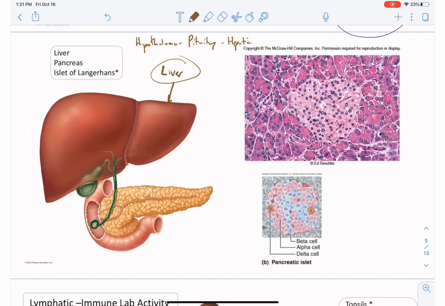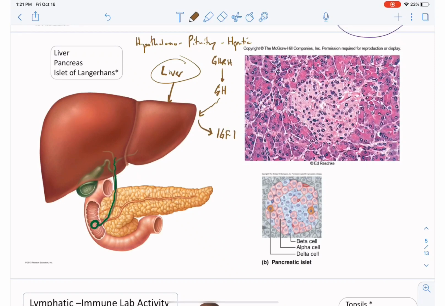And the hypothalamus is going to secrete GHRH, growth hormone releasing hormone, which travels down the hypophyseal portal system to the anterior pituitary and causes the release of growth hormone. Growth hormone is released into the blood, acts on the liver, and in response, the liver produces